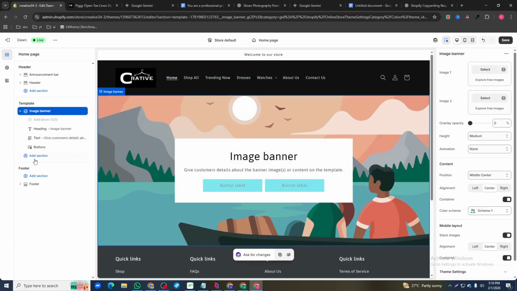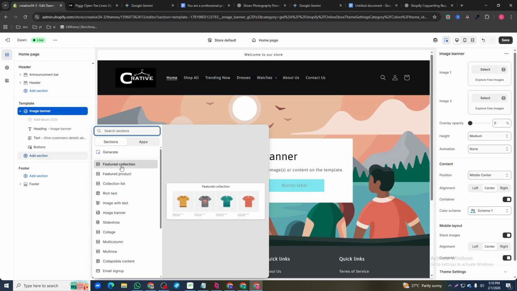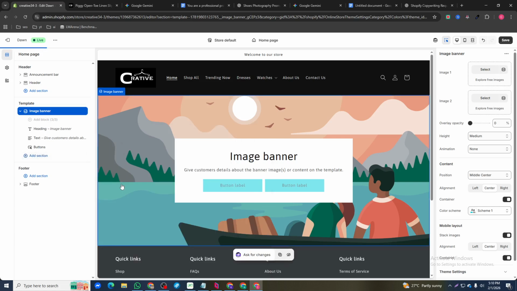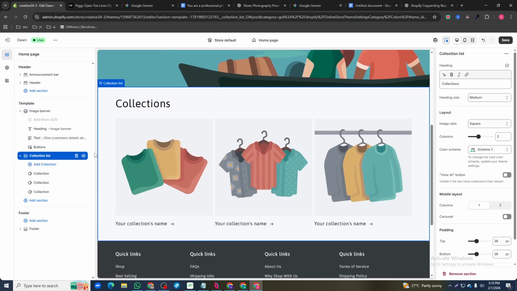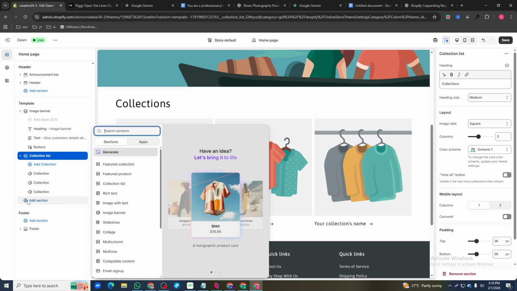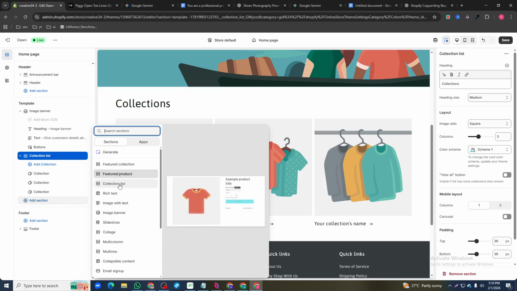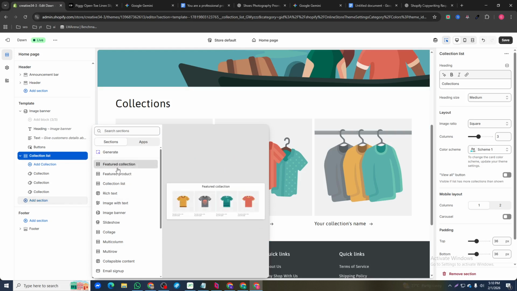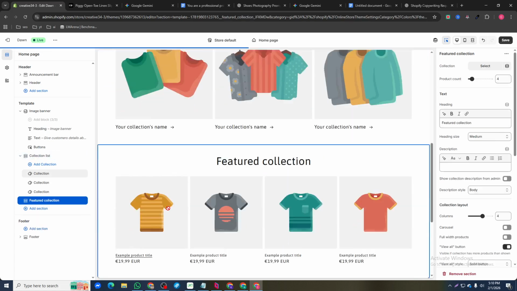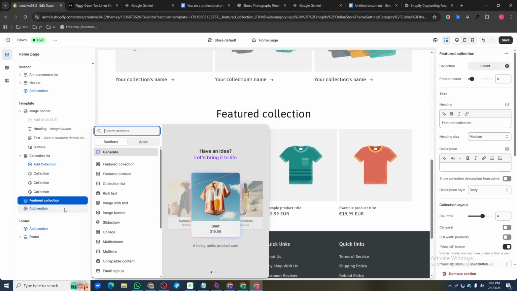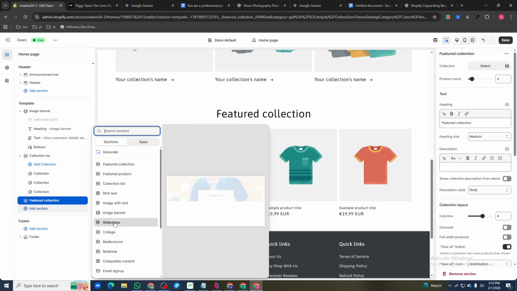First of all, I will keep the image banner. Then I will keep the collection list, whatever. Since this is a one product store, we should not do anything else. I'm just going to show you how you can build it by yourself. This is all about the layout. The next section I will keep is the featured product. I want to highlight something like the best selling product, and after that I want to keep an image with text to explain a little bit about your brand so that people can understand.